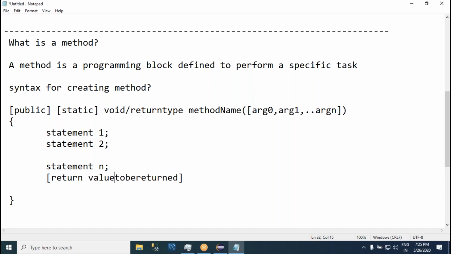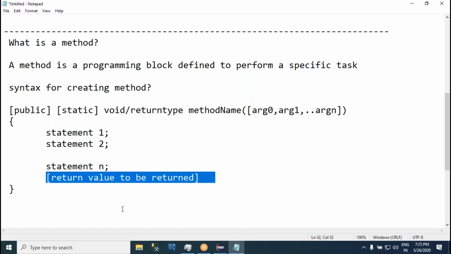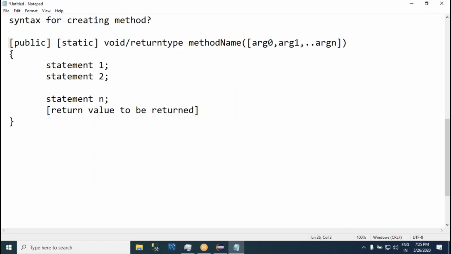If a function is not returning any value, it is not required, it is optional. I hope you remember this syntax for creating a function. We have discussed this and we have created some sample functions also. Right. Now,